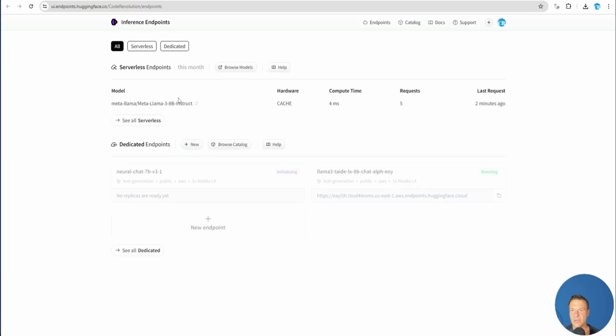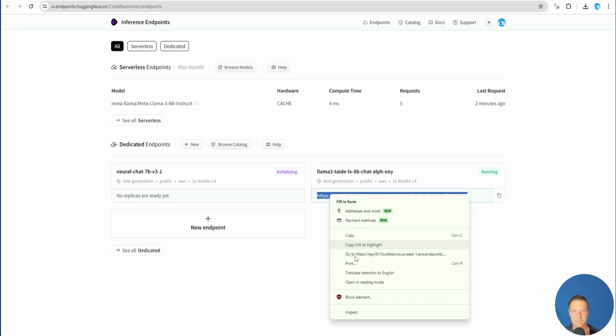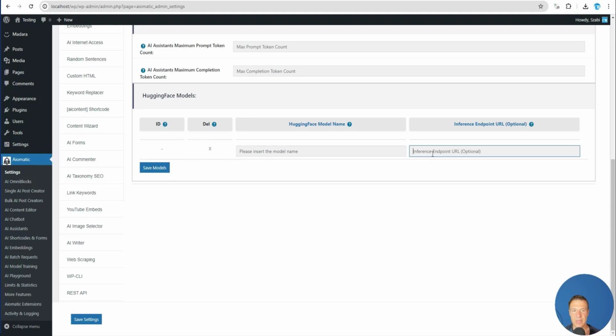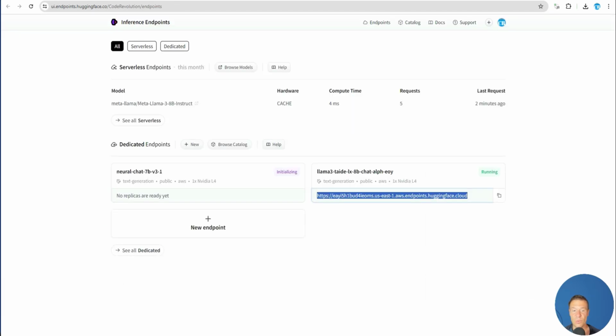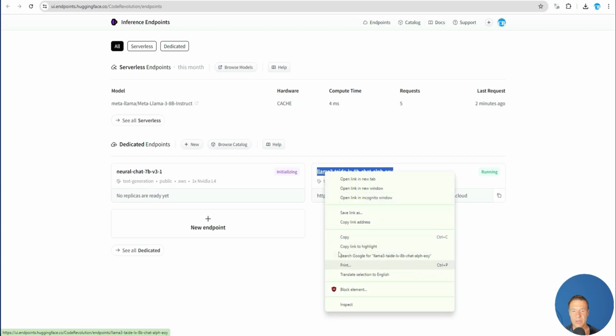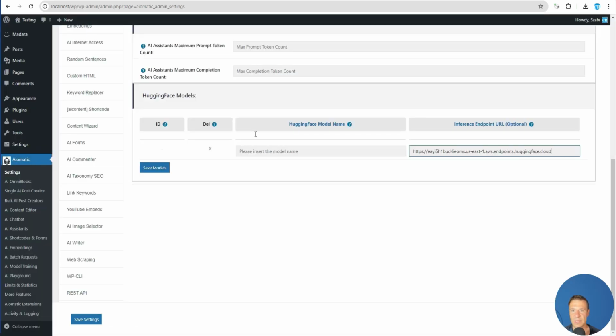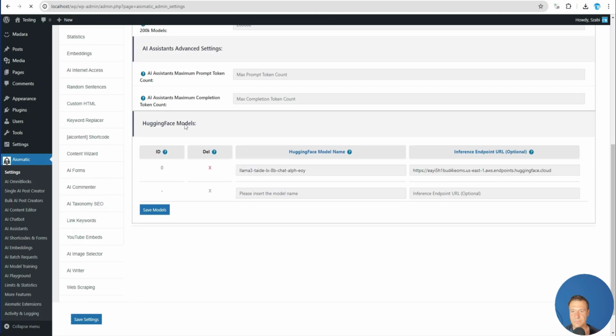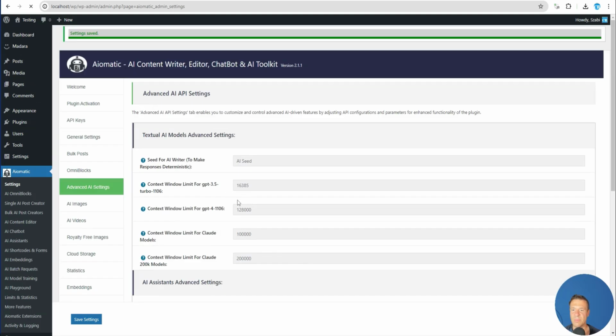Until then, let's go to my endpoint URLs, and here we have the neural chat that we are initializing, and this one which is actually running. This is an older text generation endpoint that I set up. So simply copy the URL of the endpoint and paste it here. Also very important is to copy the model that this is using and paste the name of the model here. Now hit Save Settings. And when you've done this, you will be able to use this directly in the plugin